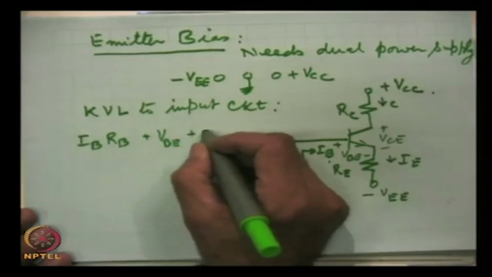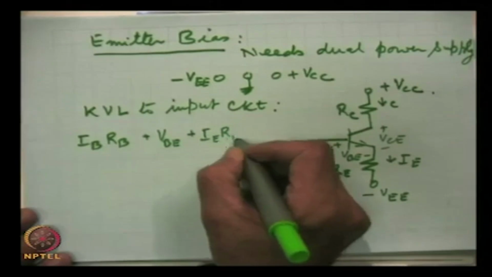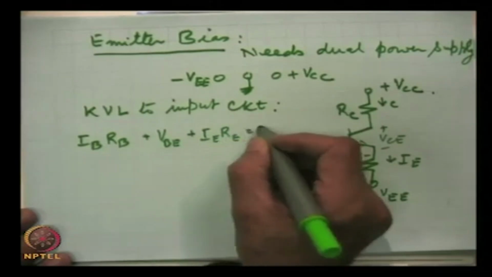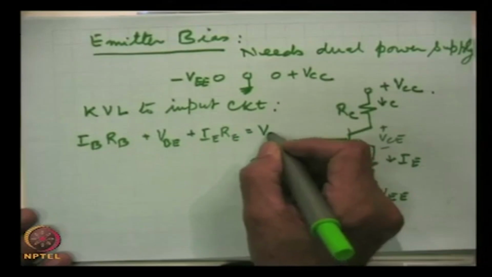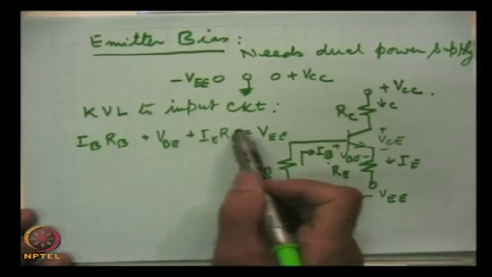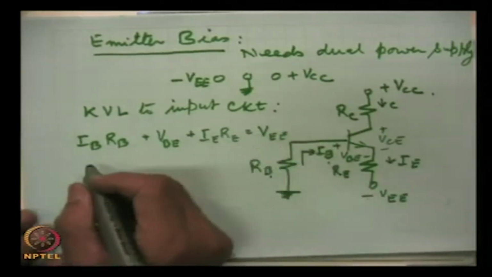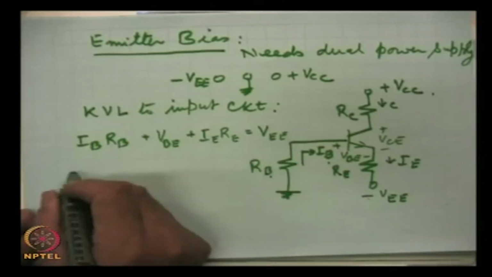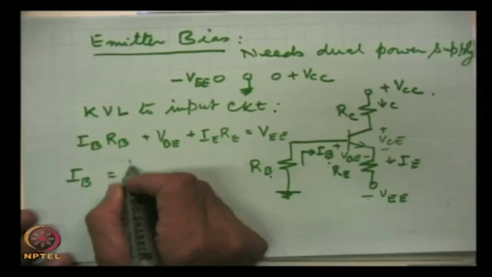So, plus IE RE, and this is equal to this voltage VEE. This is minus sign, so it will come minus VE, we have taken on this side, and from this we can write IB, the base current, is equal to VEE,